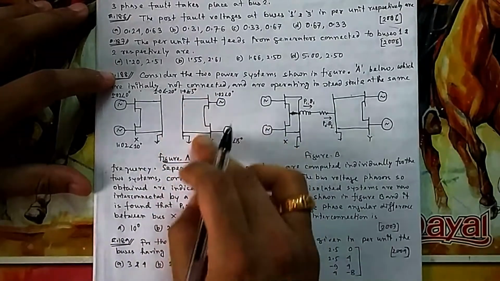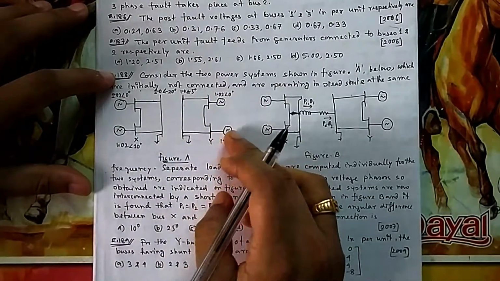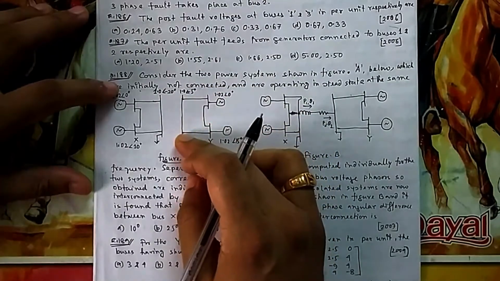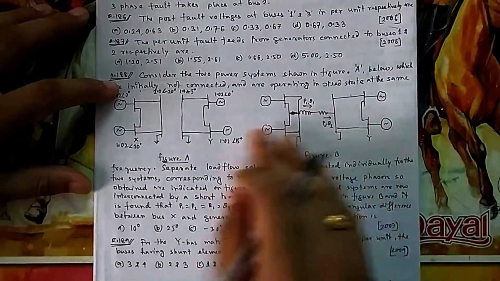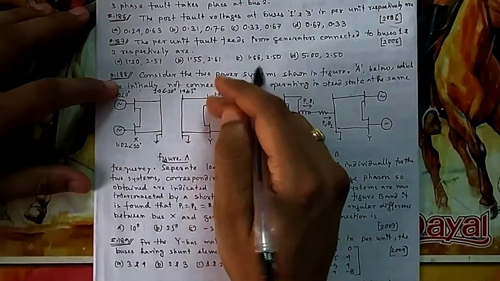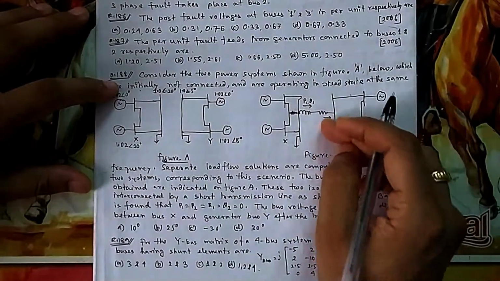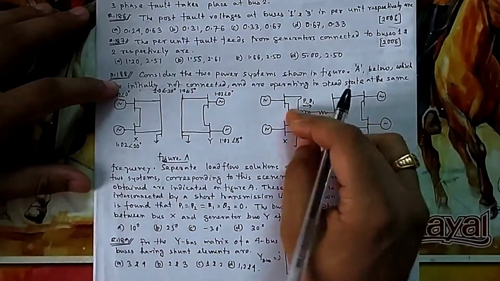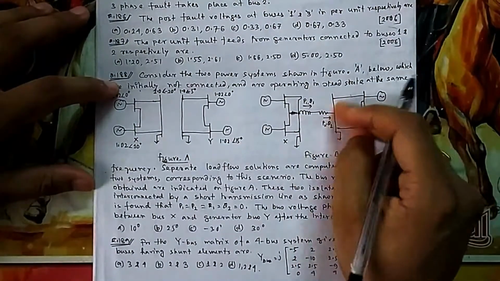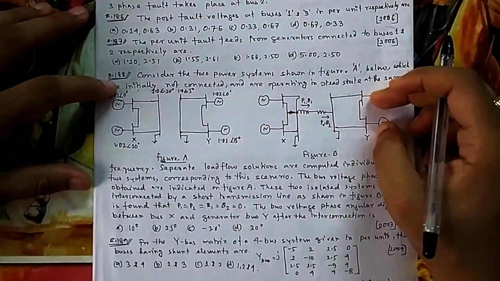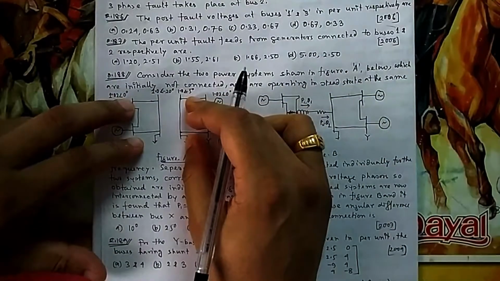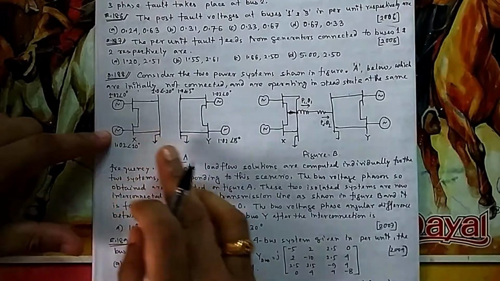Similarly here, whatever load is on this side is met by these two generators. Whatever power is coming from here, the same power should come from here after connection also. Suppose this is X and this is Y. Whatever it is, here also it will be the same power because there is no need of extra power here. No power is coming from this side, and no power is going to this side either. So this side's load is entirely met by this side's generator, and this side's load is entirely met by this side, like your earlier case. Whatever power is flowing from this to this should be the same here.